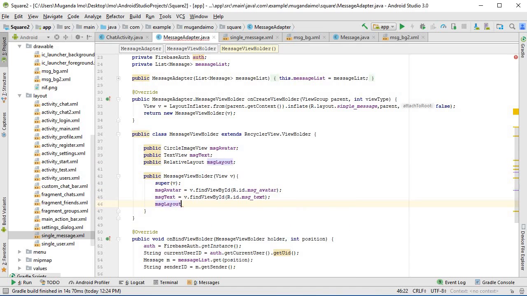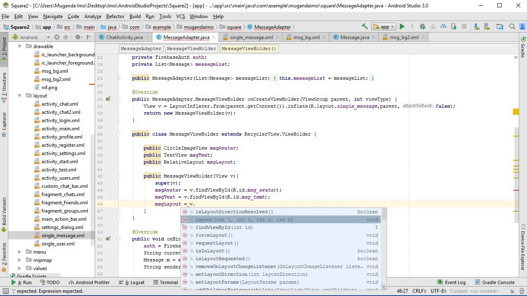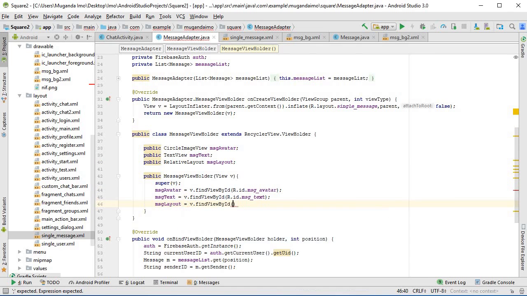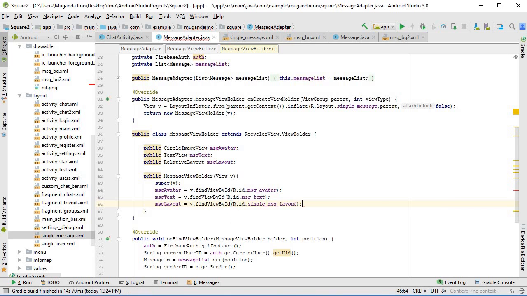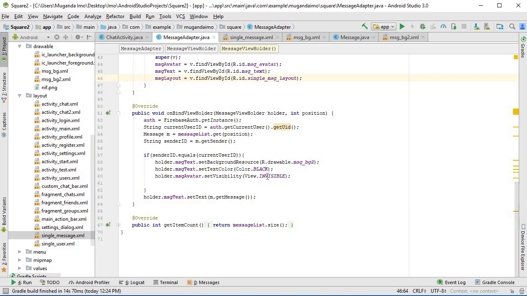MSGLayout equals v.findViewById(R.id.single_message_layout). Okay, and now we can come back to our onBindViewHolder and say